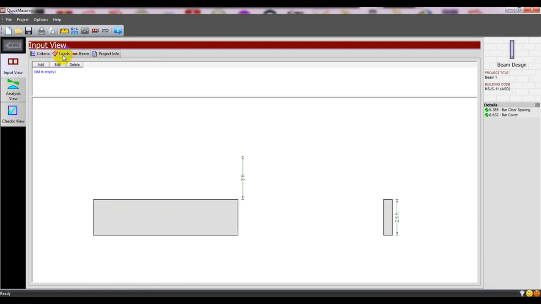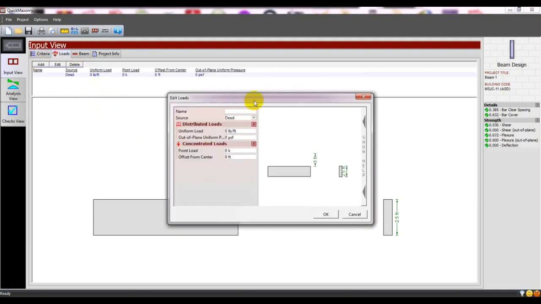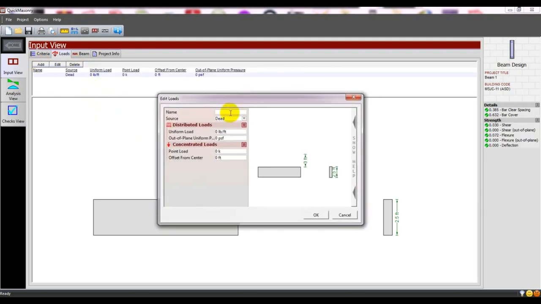Then we'll go for load. So here we'll give the loads. First of all I will click here add load. From here for add load, they have the load name. So first of all dead load. For dead load you have to select from here dead load, and after that distributed load. So what will be the distributed load? As this is a uniformly distributed load,